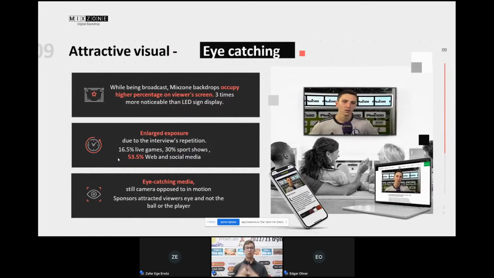So let's compare it to an LED system. While we are broadcasting the interviews, our digital line on the backdrops occupies a better percentage of the viewer screen. We are talking about 25-30% of the viewer screen, while with LED systems we are talking about 7% of the viewer screen. So obviously, the brands get better exposure that way.